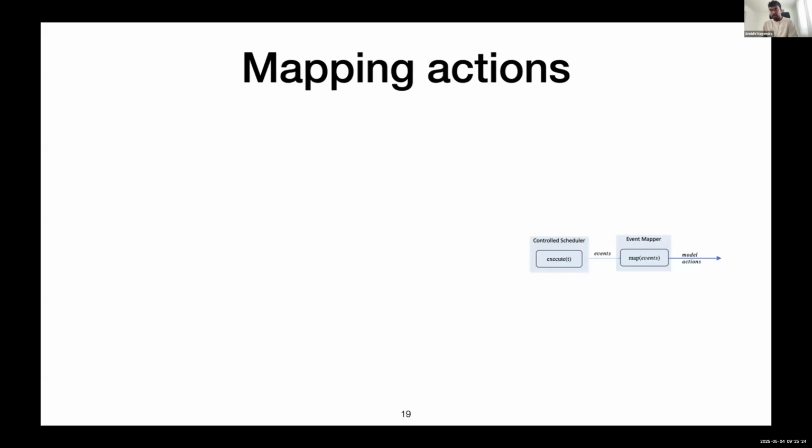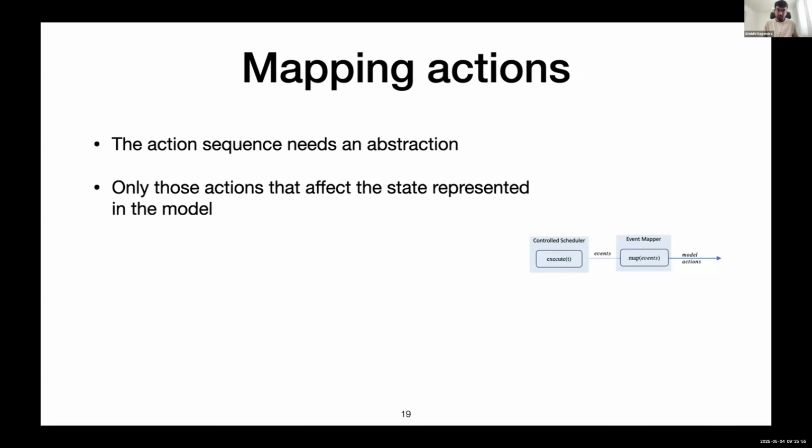Okay, so I spoke about how to take actions and simulate them on the model, and I spoke about how we get events from executing an input on the implementation, but I did not talk about how you map these events to actions. In our case, you write a mapper, and here is where you can introduce abstractions on the implementation to only pick those events that are necessary for the model. So you only take those actions that you think are needed. For example, heartbeats, you can drop them and you can only pick those messages that the model actually contains.